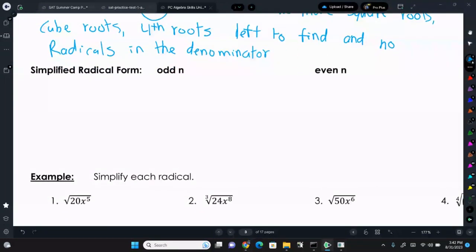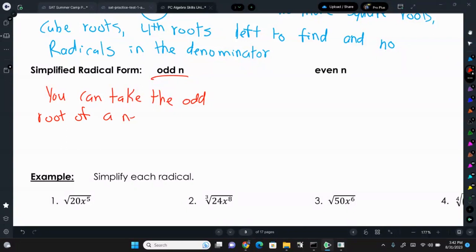The beautiful thing is that when you're taking an odd root, third root, fifth root, so on, you can take the odd root of a negative number,